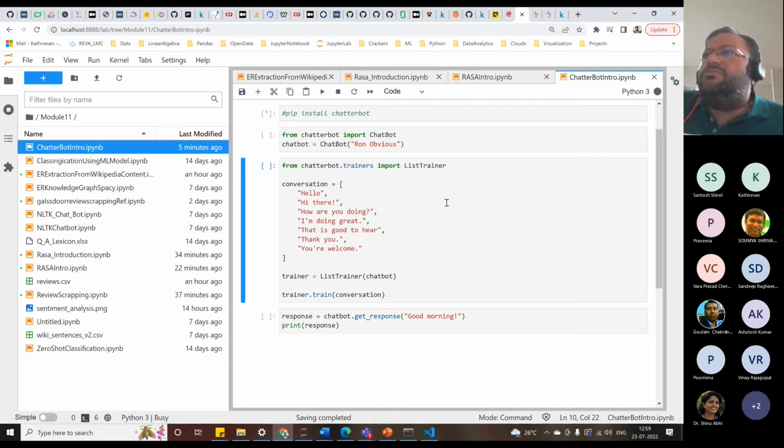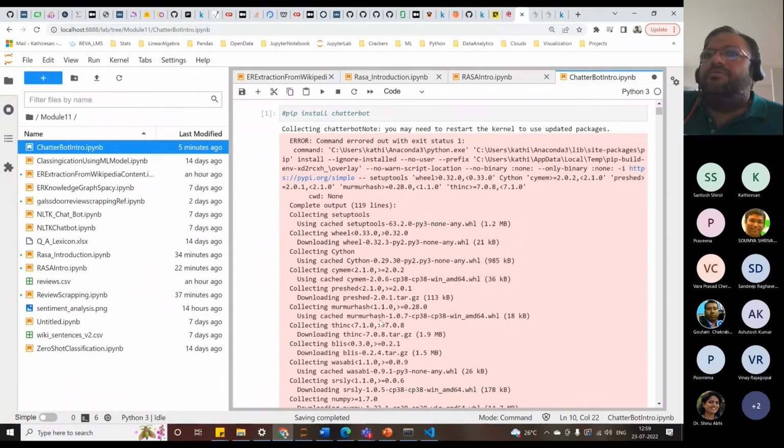Chatterbot, I would request you to try installing for sure. It is nothing complex. As I said, it's very simple. One of the changes you can make here is, instead of the conversation being just a bunch of lines, have something maybe huge, and it will give you a good result. Okay, there is some issue.